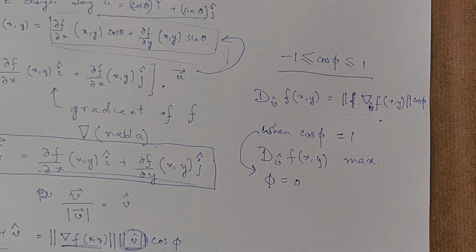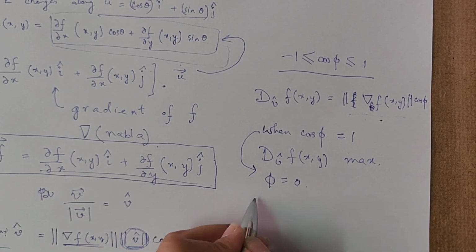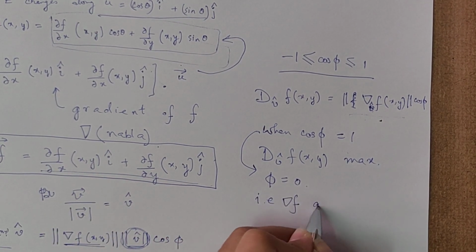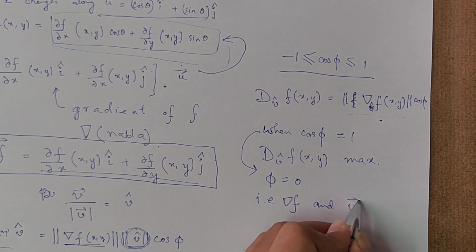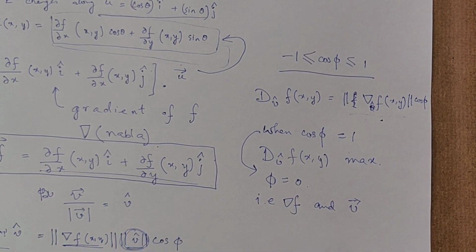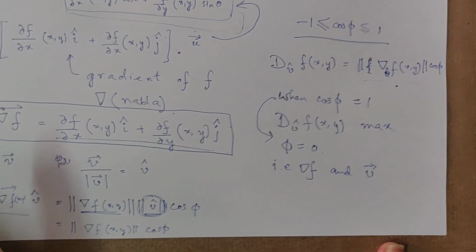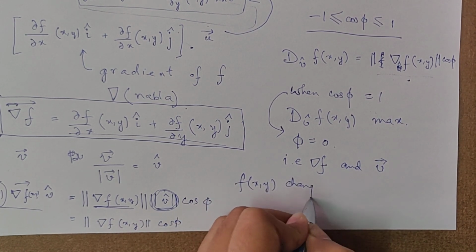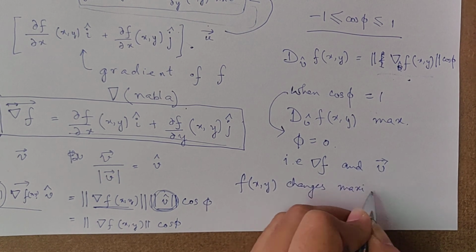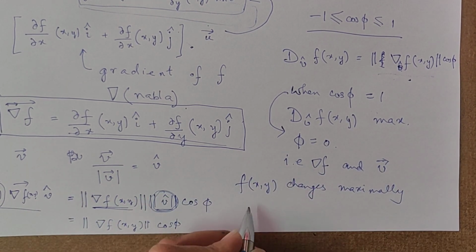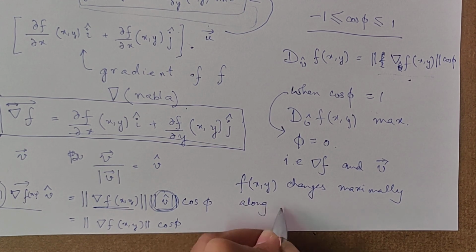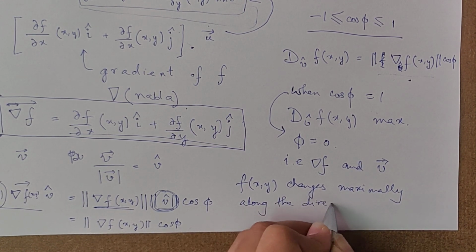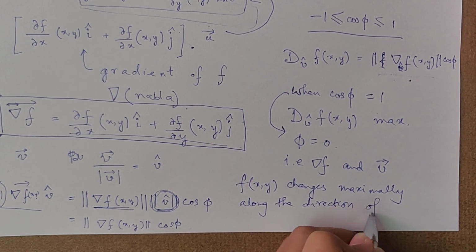Phi equal to 0 means the angle between grad f and v is 0, which in turn means that f(x, y) changes maximally along the direction